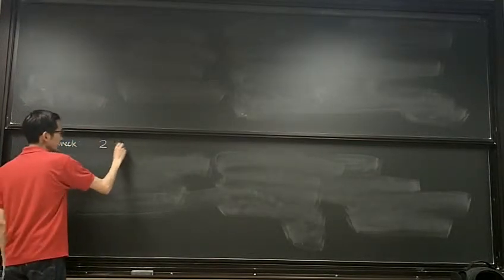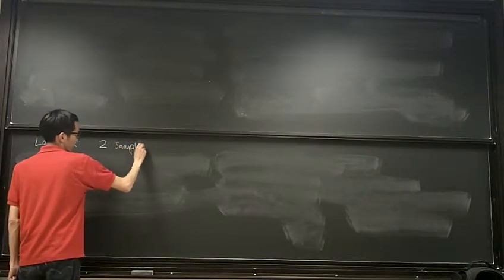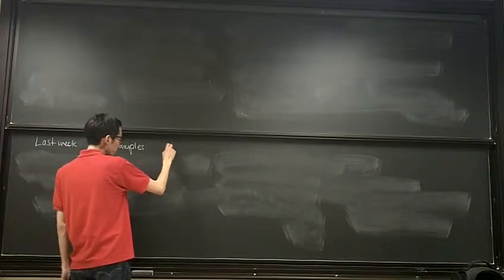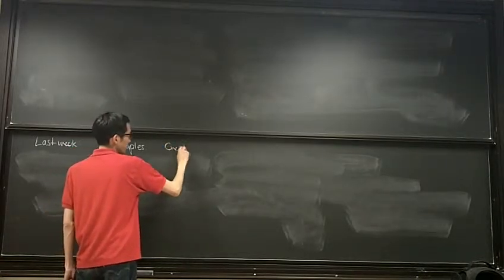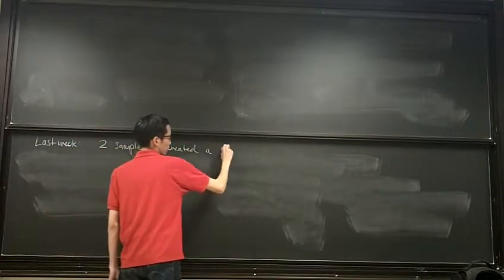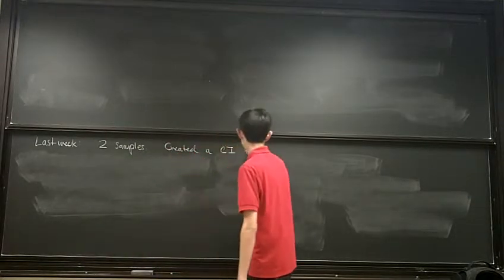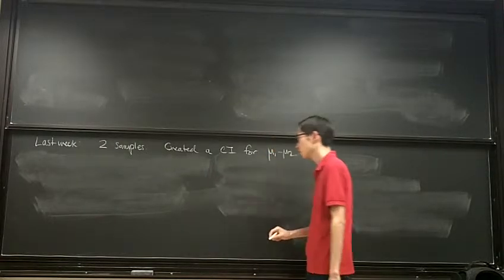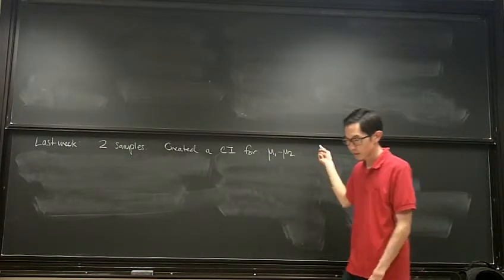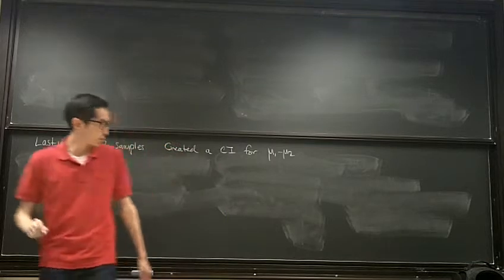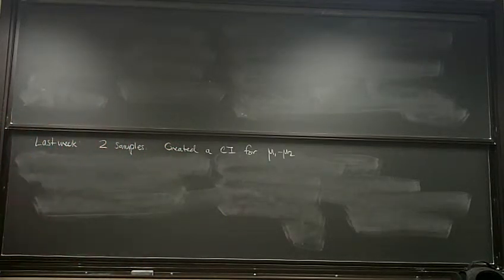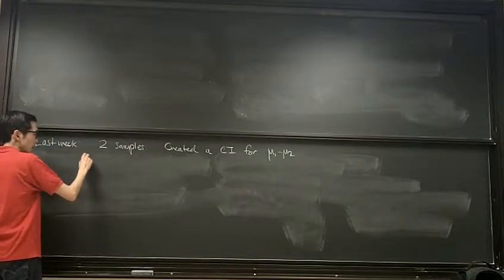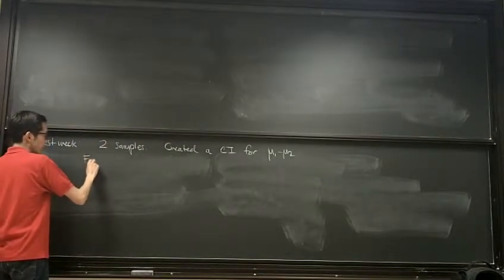We saw two samples, and we used the samples. We created a confidence interval from the samples for mu1 minus mu2, which was basically what we believe to be the difference between the mean of population 1 and the mean of population 2. Okay, and from this confidence interval,